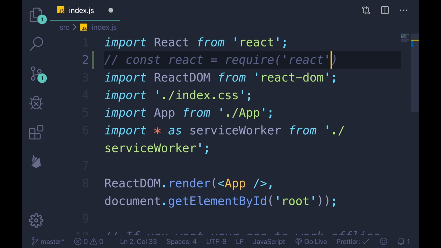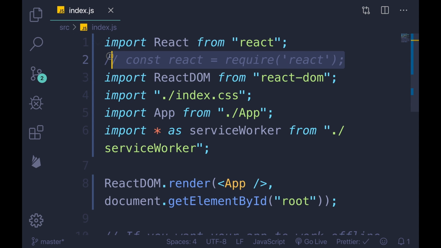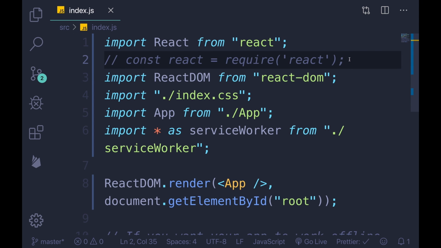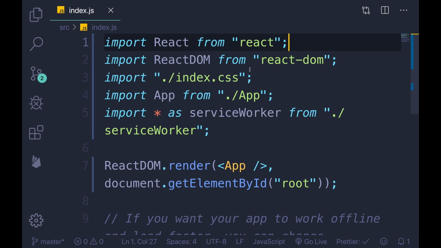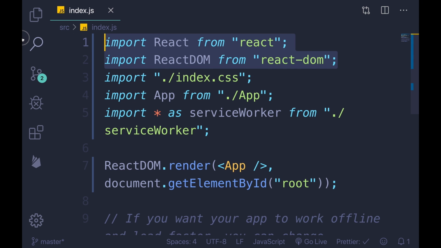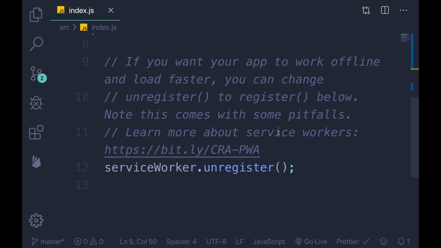Well, since this is modern JavaScript, so this is like ES6, ES7, we can use the import statement. Node.js does not have that yet. That's why require exists, but otherwise you can use import. When you're compiling this down, which I'll show you guys sooner in our course, and then we